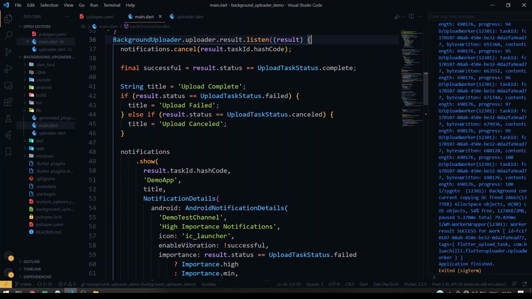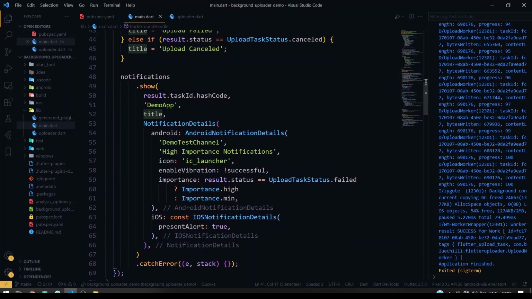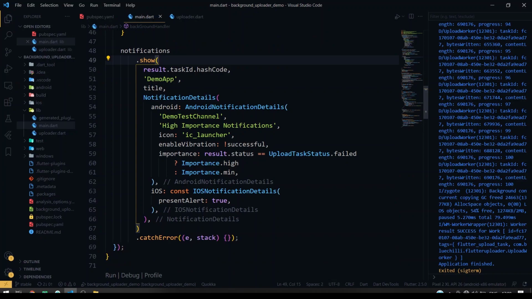You can also have the enum called upload task status. You can just use that as successful, and I'm just giving the title here. If it's failed, I'm just uploading the failed status. After it's successful, I'm triggering another notification for the user according to the user interface, and we have to show it to the user, right? So that's why I'm implementing it. If it's failed, it will show that the upload failed. If it's successful, this notification will be shown as media uploaded successfully. So that's why I'm using it here.